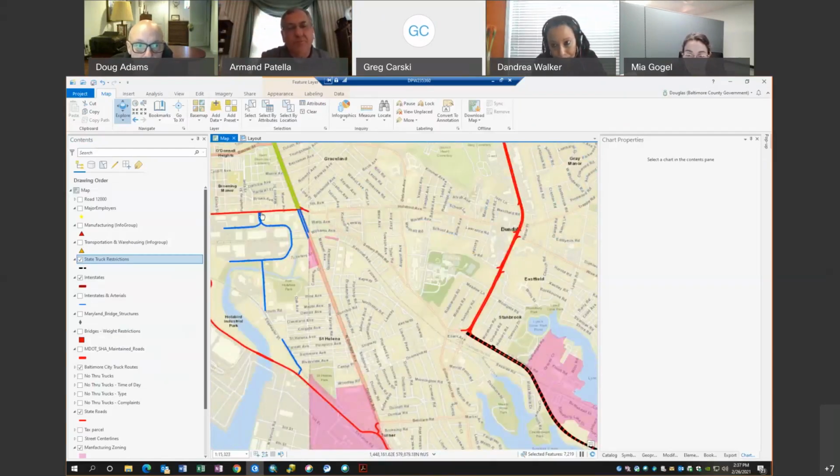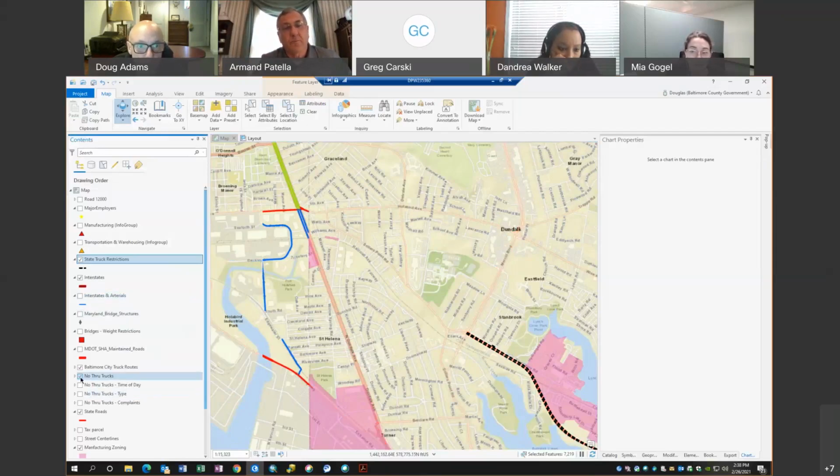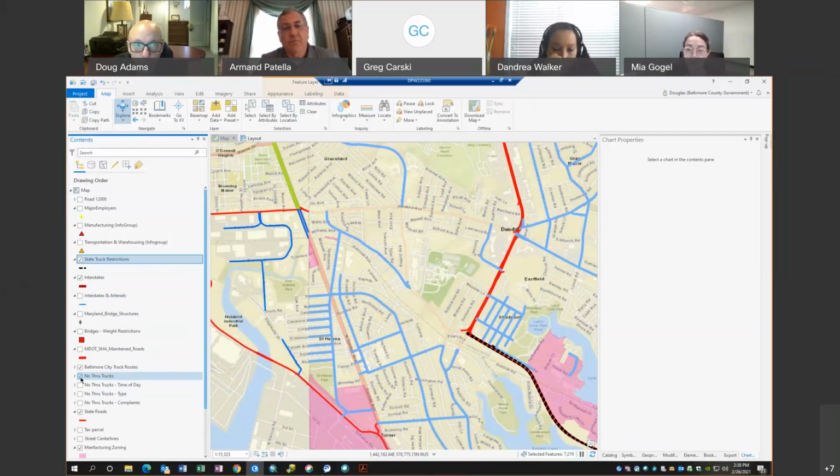So the city's got routes coming out here. I don't know if we want to, from a local perspective, or maybe just make a note of it, that we want future consideration for Halliburtt Avenue, which would connect into this set of roads right here from the city. And whether we want to consider Dundalk Avenue. Let me just make sure that doesn't have a county restriction on it. No, Dundalk and Halliburtt are both open from a county perspective.